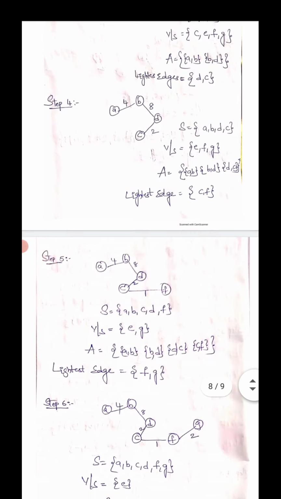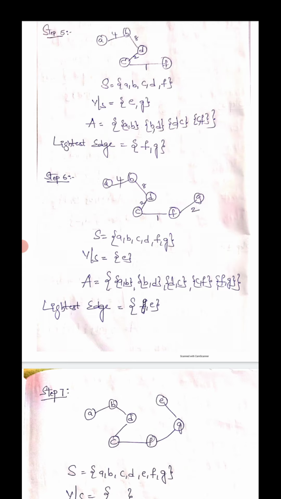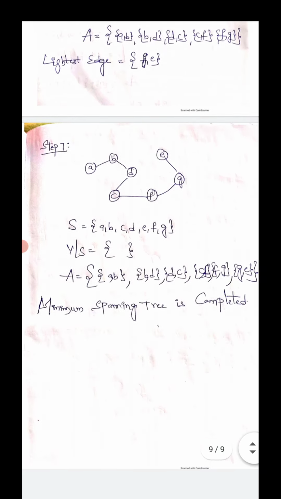It goes in the direction G to F is there, G to E is there. Now you take G to E. Why? Because G to F is already completed, and then G to E is the direction that is there. 6 is the edge here. Okay, G to E. Look at the lightest edge here, G to E, in the sense G comma E.